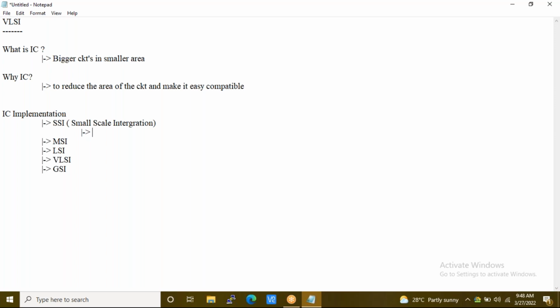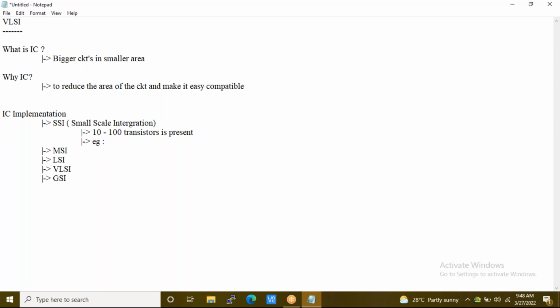Yeah, it's basic logic gates, in which there will be around 10 to 100 transistors available in that particular circuit. Okay, in this particular circuit, 10 to 100 transistors are present. And yes, examples are basic gates.